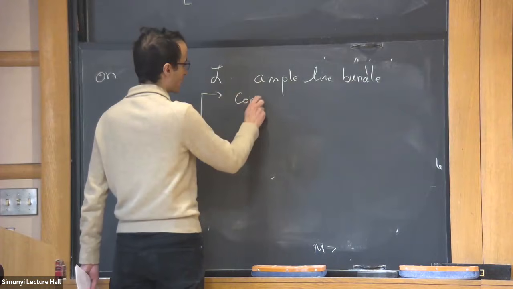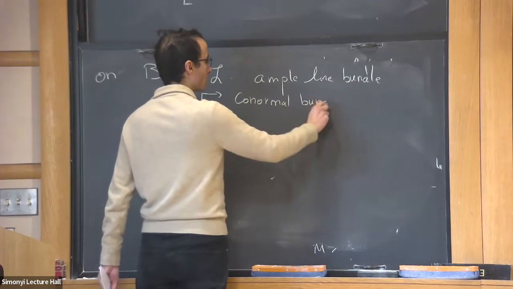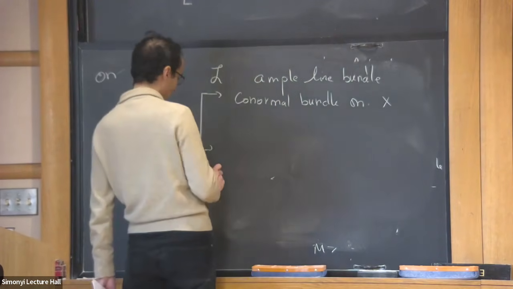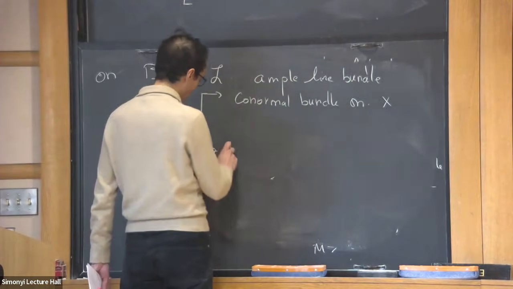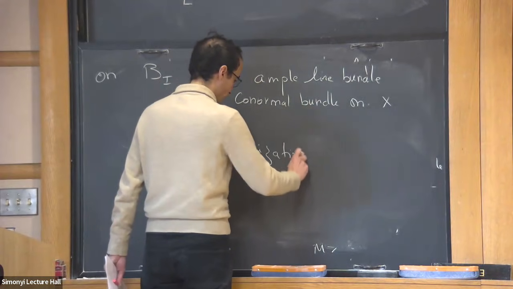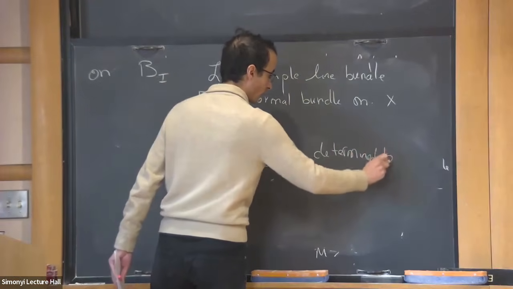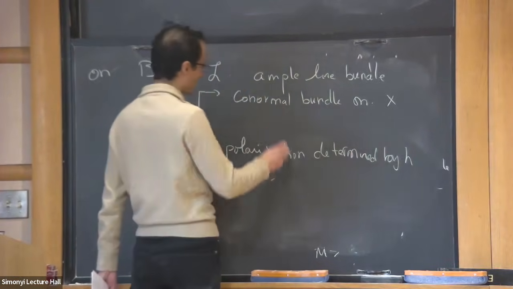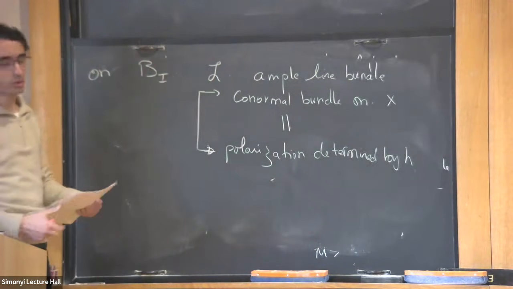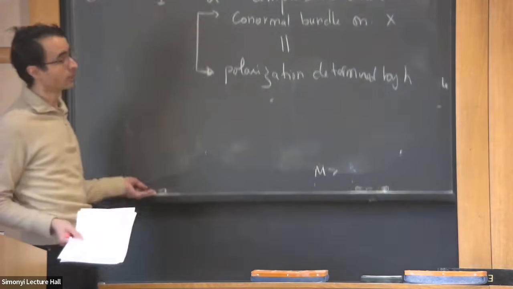First, you take the conormal bundle in the Shimura variety, or you can take the polarization determined by H. In fact, the magic thing is that after a constant, these two things coincide. A line bundle determines a Lefschetz decomposition, and then